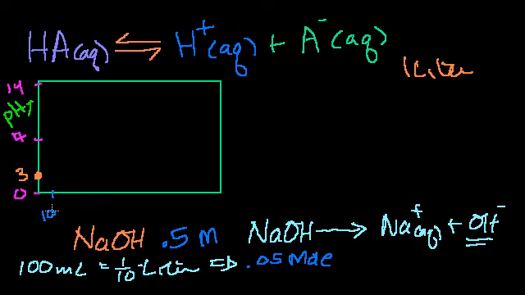I've added 100 milliliters of our solution. That's going to have 0.05 moles of OH. Because remember, we could say it's 0.05 moles of this, but whenever this is in solution, it dissociates completely into this. So if you have 0.05 moles of this, you really have 0.05 moles of this. This will be in this form completely, because it's a strong base. So if I have this and I throw it into this solution, what's it going to do? It's going to start sopping up